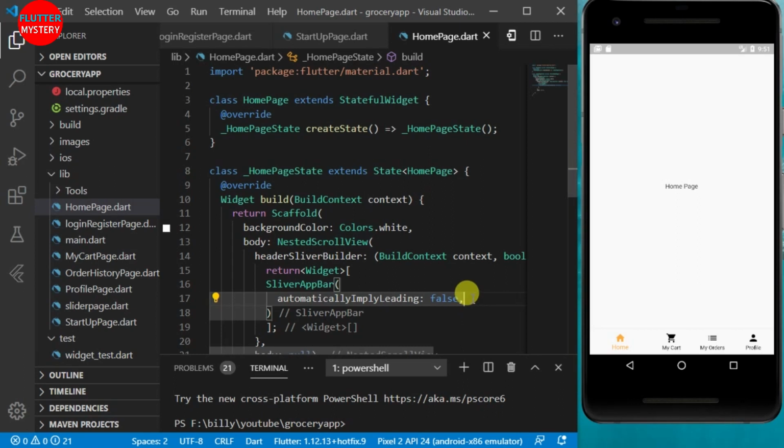We'll set it to false, and our title is going to be a container, like this,